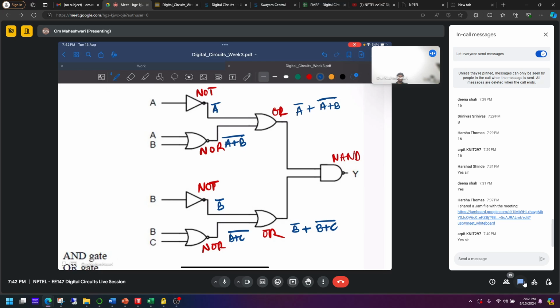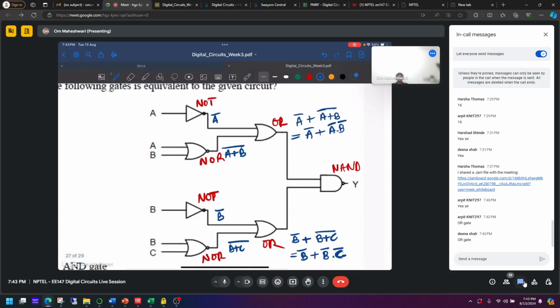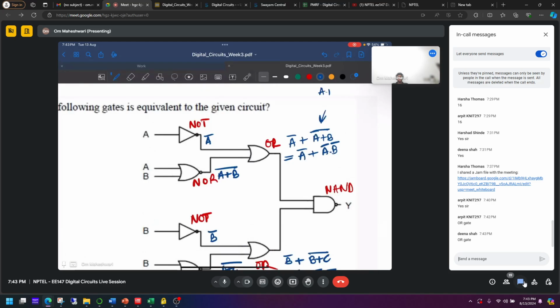You can also convert into De Morgan's, but what we can do here is A bar plus A bar B bar. This will be B bar plus B bar C bar, right? This is De Morgan's theorem. Right? This A plus B whole bar can be